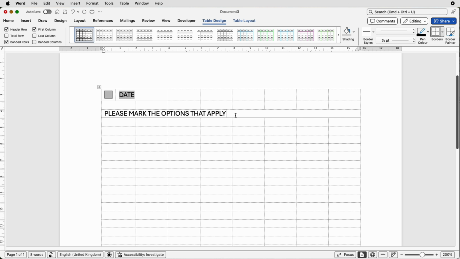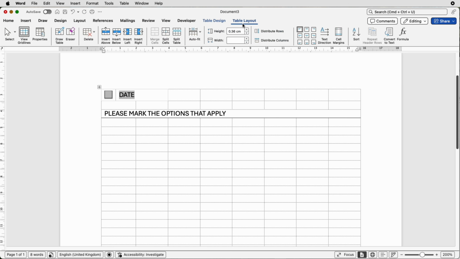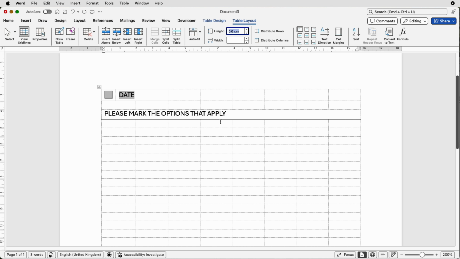Now you may want a little bit of distance. Again, this row is very narrow, so you can always go back up to table layout and you can increase that height. You can use this increase height arrow. You just keep clicking until that will expand, just leaving a little extra space between the text and the line. We're going to leave another space again and then go down to this row here, select it, merge cells, and